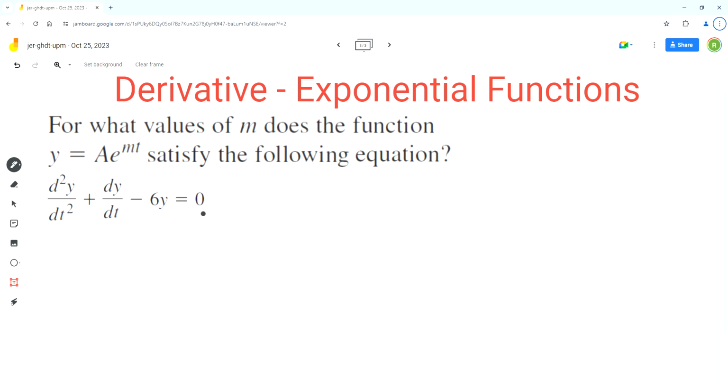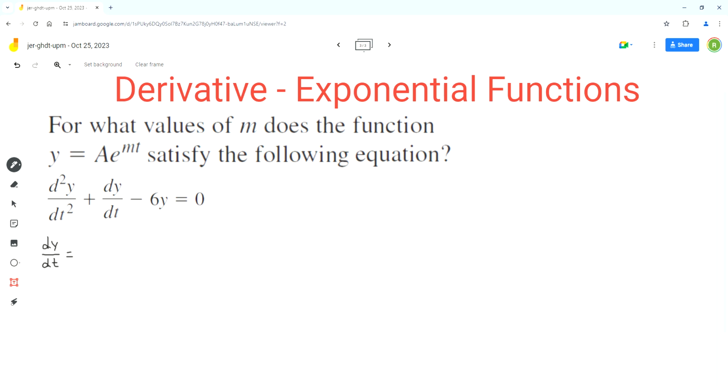So we have to sub in the expressions for the second derivative and first derivative in this equation and then solve for m. So let's start by finding the first derivative of y. Now y is an exponential function and a is the coefficient of this exponential term. So y prime, or the first derivative, dy over dt,